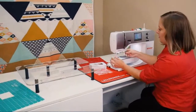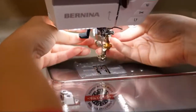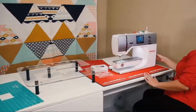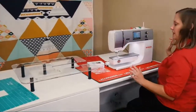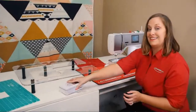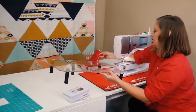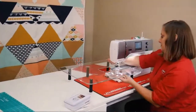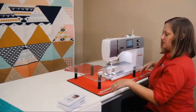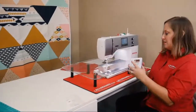So first we're going to install the number 72 Bernina ruler foot onto the machine. We're going to lower our feed dogs. We are going to take the Sew Steady extension table and put that onto the machine. With it lowered and adjusted about 1/4 inch below, I'm going to take my BSR